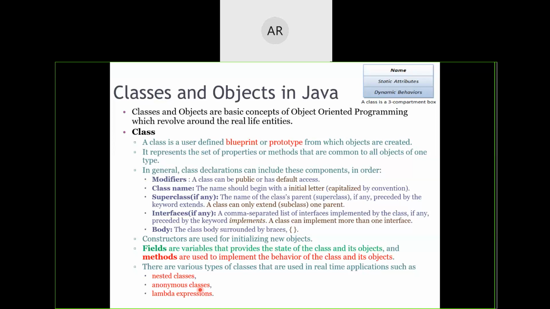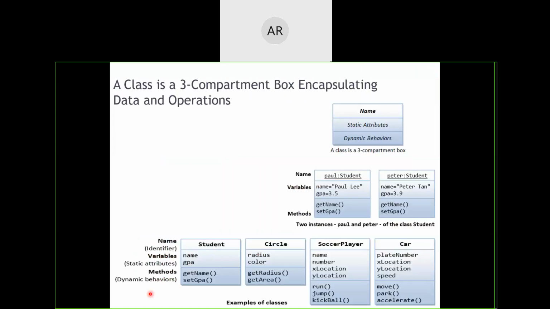Okay, so we will be seeing all these types one after the other, but do remember, the lambda expression concept came in the 8th version of Java programming. Prior to Java 1.8, this particular concept, the lambda expression concept, was not there. Okay, I hope it's clear for everyone now.